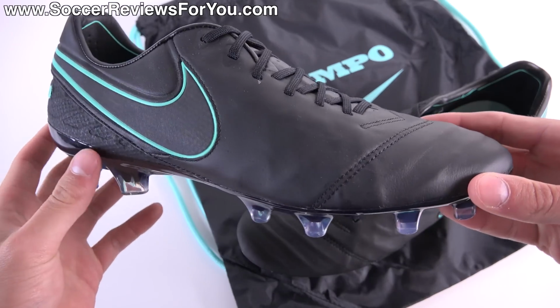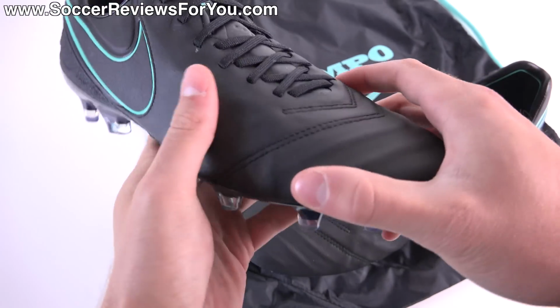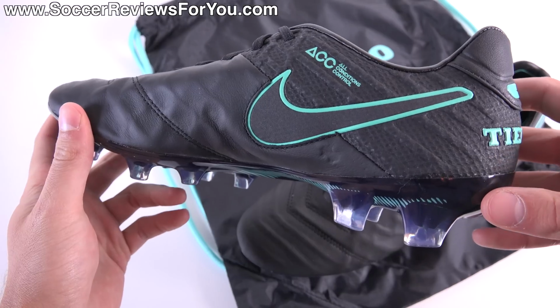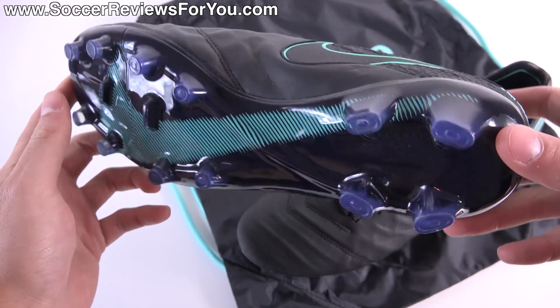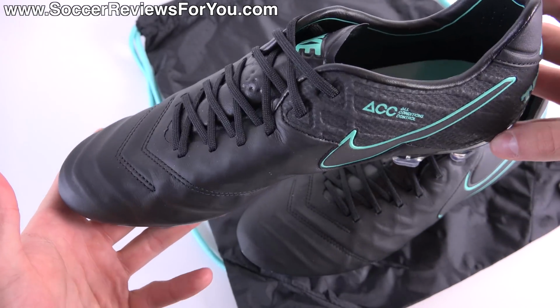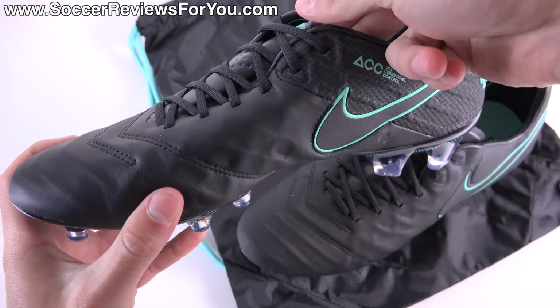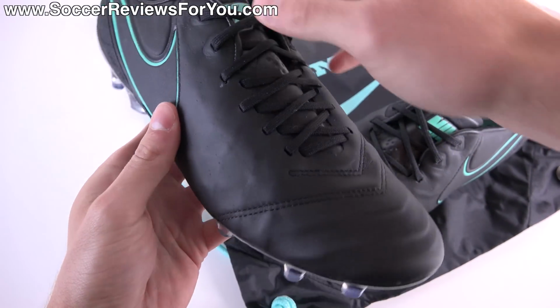In today's video, we are going to take a closer look at all the specific details on the Pitch Dark pack colorway. We're going to go over tech specs and performance features of the Legend 6, take a look at how much these shoes weigh, as well as how they fit and feel on feet. So if you are interested in learning more about the Pitch Dark Nike Tiempo Legend 6, stick around and watch